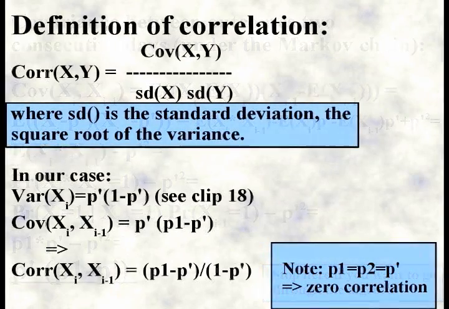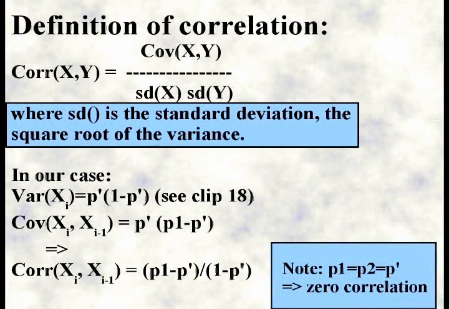Let's transform this a little. If we divide the covariance with the standard deviation of the two quantities we are examining, in this case the outcomes of 2 consecutive days, we get a quantity called the correlation. This is a nice transformation because correlation is scaleless and is always found between -1 and +1, with 0 being no linear dependency. If it's -1, there is perfect negative linear dependency between the two. If it's +1, there is perfect positive linear dependency.